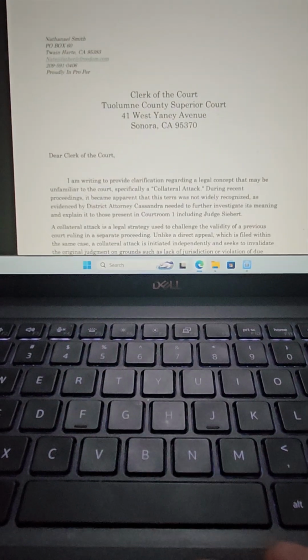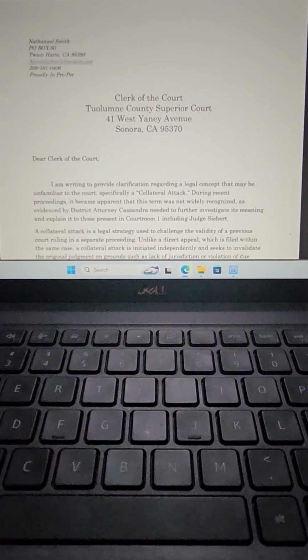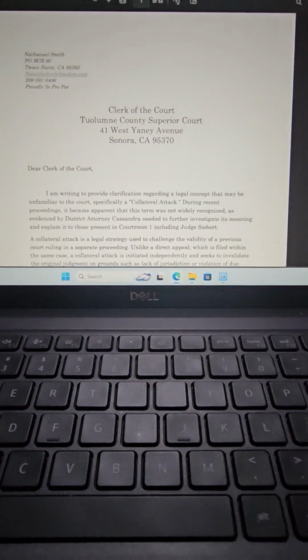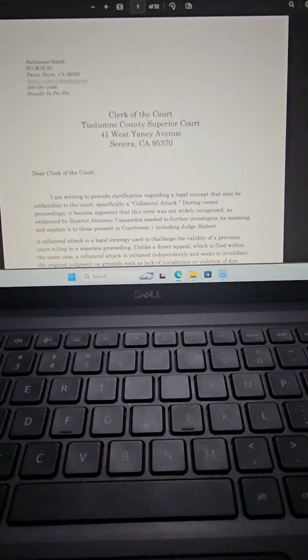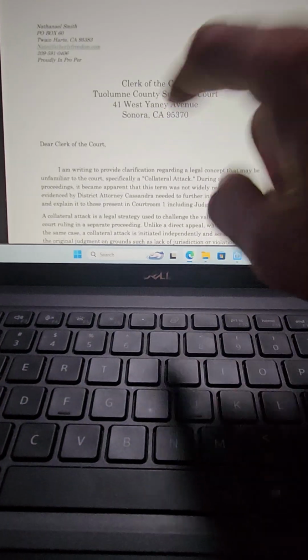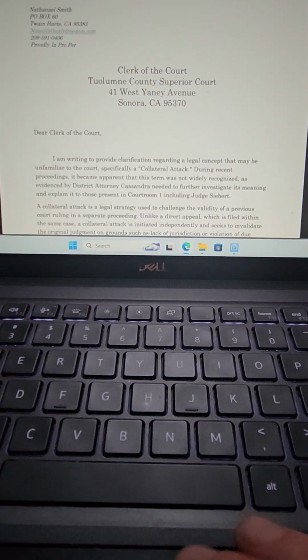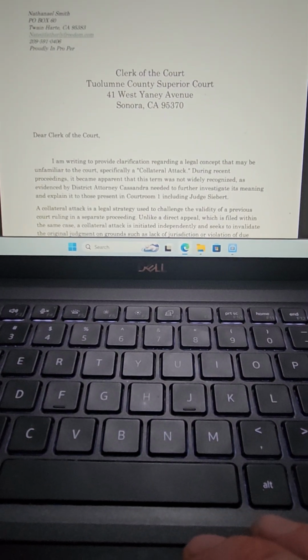So I'm going to go ahead. In fact, it was kind of funny because the clerk of the court didn't even know how to file it. She thought it was a typo. So I had to add this letter in here to send it back to her so that she knew how to file it. Okay, so I'm going to read this letter. I know the address is wrong. I put the old court address in there, but on accident. But here's the letter I sent to the clerk of the court.